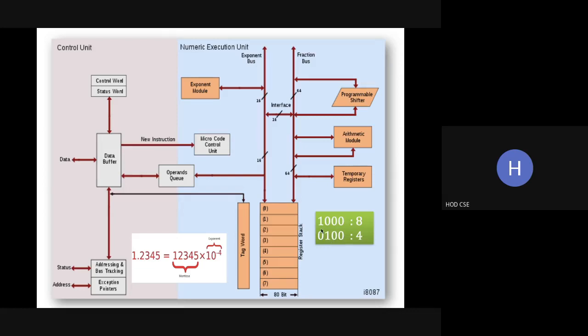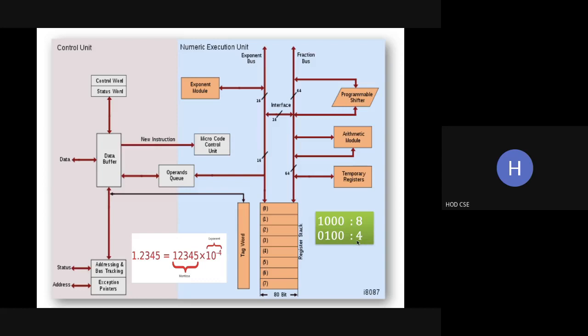So suppose it is 1000, the data is 8. If you shift right by 1 bit, the data will be 0100. So we get 4. That is, we are dividing 8 by 2. So the division operation is performed here. Like this, the same thing, suppose let us take the data as 0100 and we are shifting left, what we'll get? It is 1000, that is 8. That is, we are multiplying 4 by 2, so we get 8.